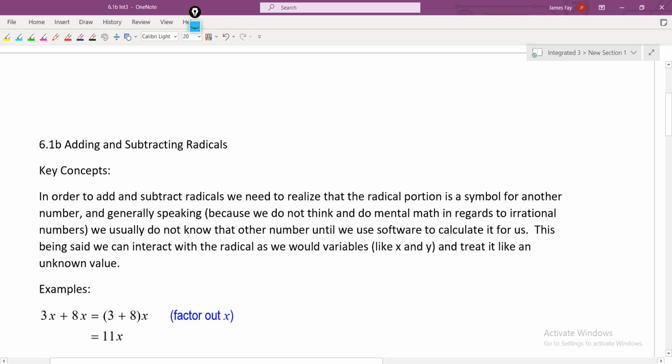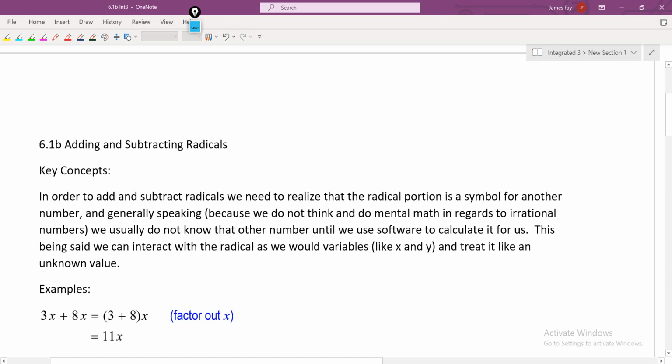And once we do those things, you're going to see in examples that in order to do those things, we need to first simplify, or maybe simplify at the end. So today, all I want to do is talk about adding, subtracting radicals. A lot of the examples will just be adding, because if you can add them, you should be able to subtract them. It says in order to add